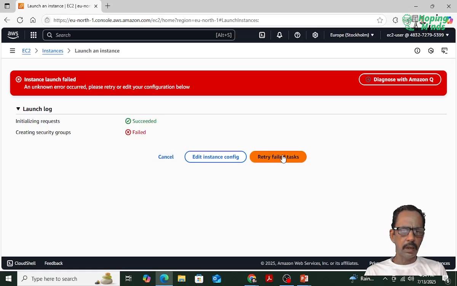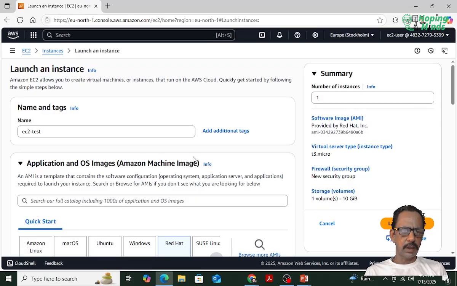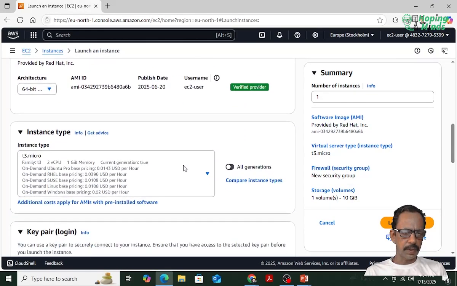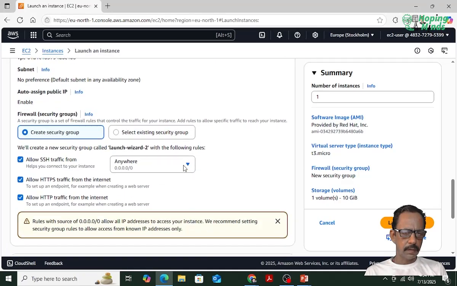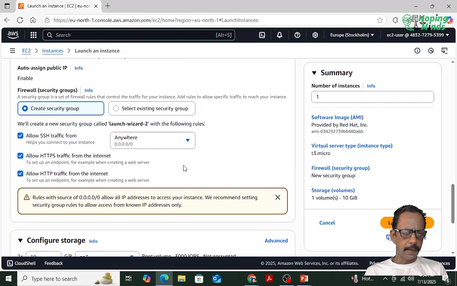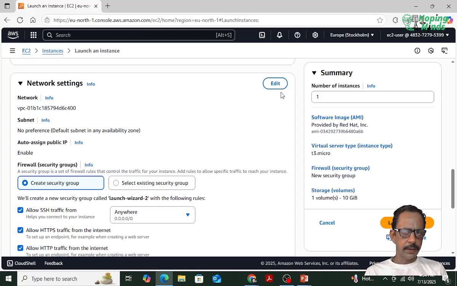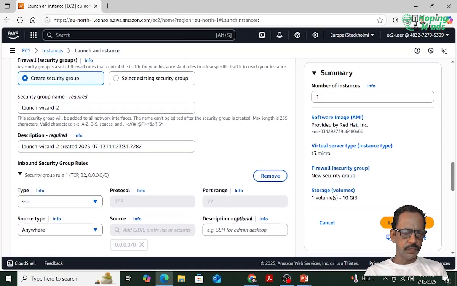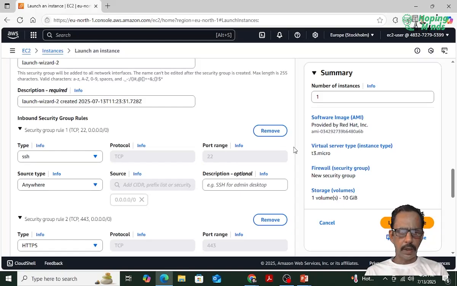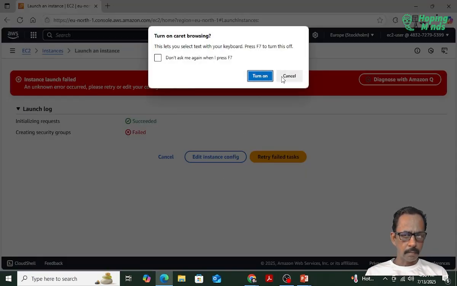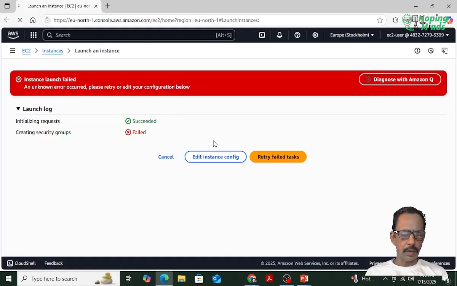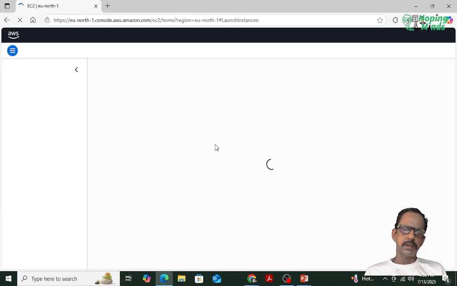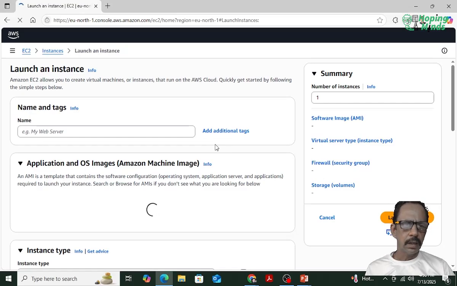Creating security group. Why? Retry failed, an issue, edit instance settings. They may be taking time also, but keep here, edit. Default, no preference, availability zone, public IP, security group, launch wizard, and okay. Just refresh it once. It should be okay. I think there's some other error. Yes, that was maybe replication time it takes. Otherwise,